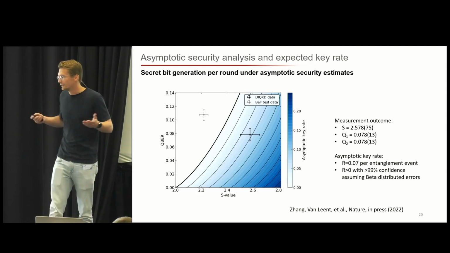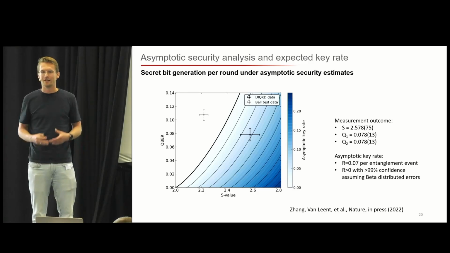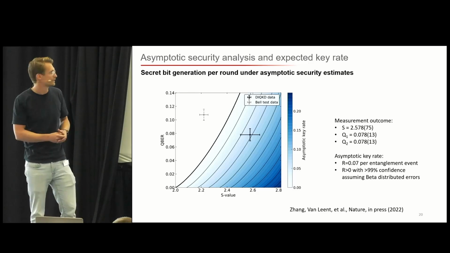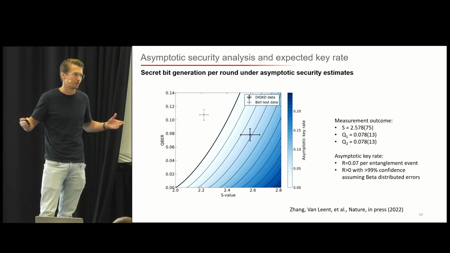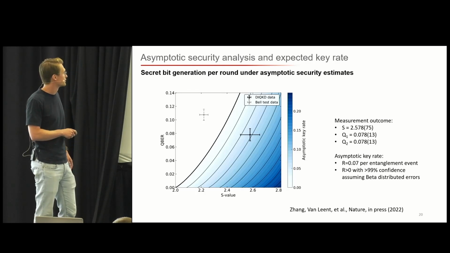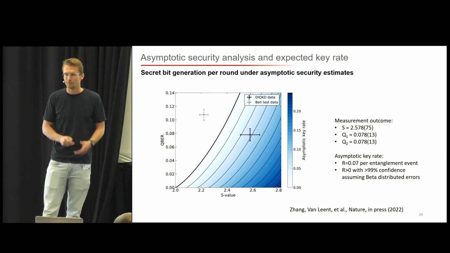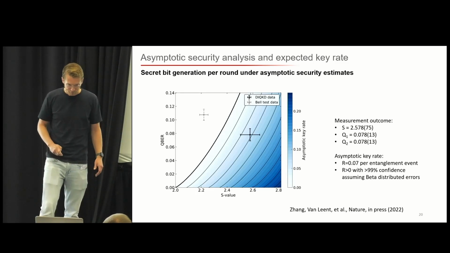Normally you would do a finite key analysis to really say, okay, now we have really distributed the finite key. However, for that we need to have a lot more events. So we would need to let our experiment run for a few months even. So therefore we did a statistical analysis. How certain are we that we're in the positive key rate regime? And this we can claim with 99%.